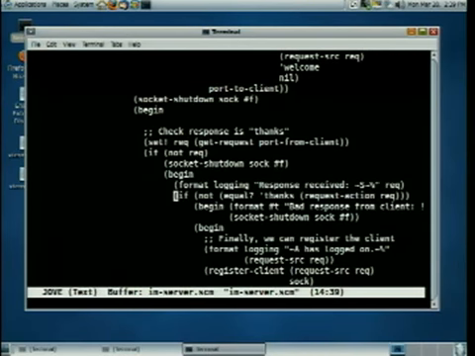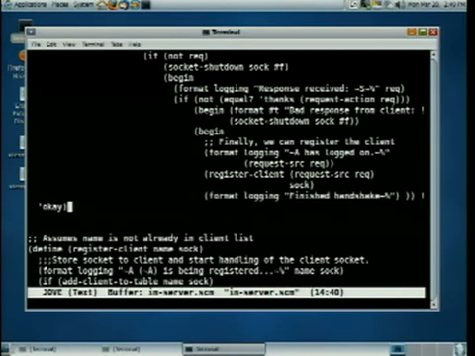One of your homework questions this week is, why do we have to do a three-way handshake? Why isn't it good enough to just send one message each way? Why do we need two messages from the client? So you can work that out. And then finally, that all worked. So now we call register client, which just puts the client in a list. So we associate the name, CS61A- whoever it is, with the socket corresponding to that person. And that's done. That's it. And we return OK. Whew.